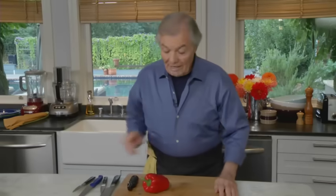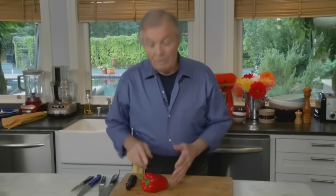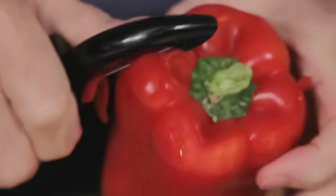In many recipes that I use pepper, I like to peel the pepper. Sometimes I put it on top of the stove or under the broiler and I char it all around, and you put it in a bag, let it steam 5-6 minutes, then the skin peels off. It's one way of doing it, but often if I have one, I may do a vegetable peeler with that. And then